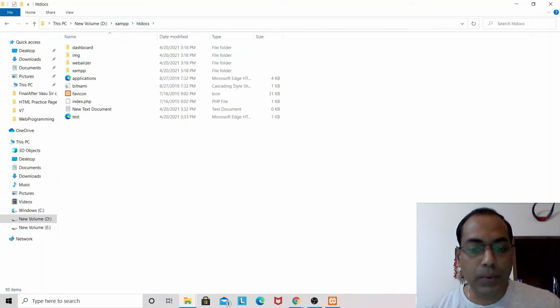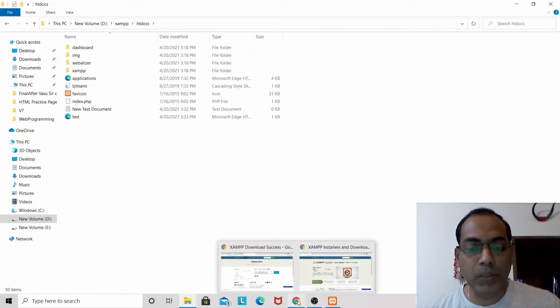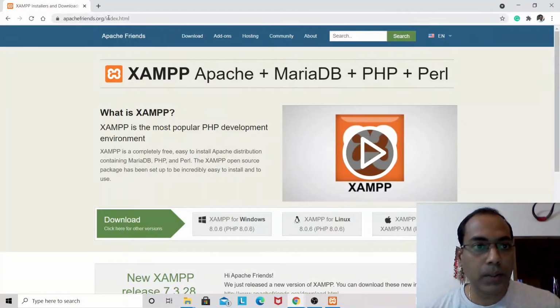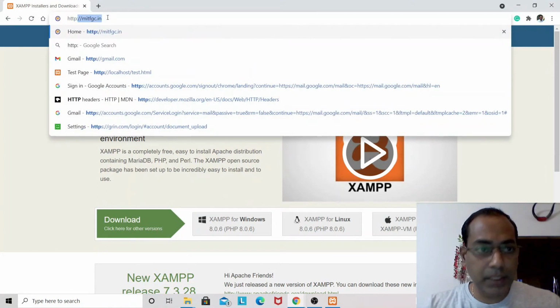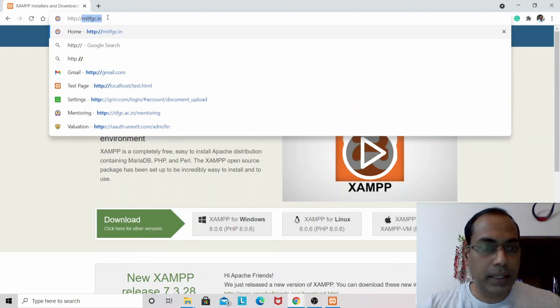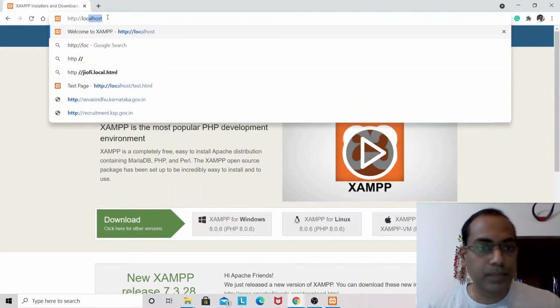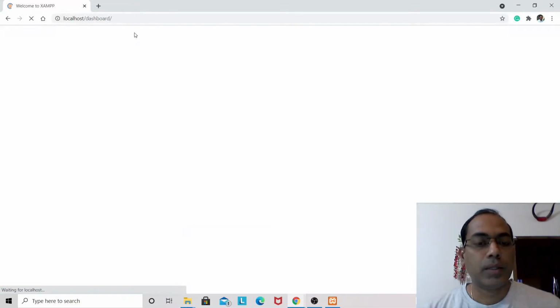Now we will go to the browser and test whether the server is working fine or not. Here you need to type http://localhost and you will get the XAMPP dashboard.